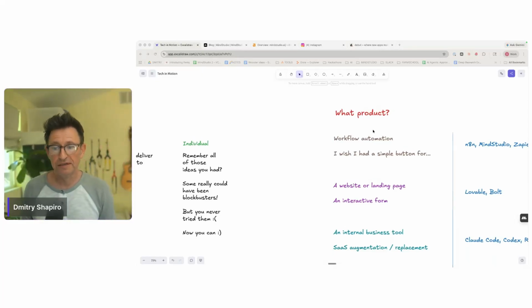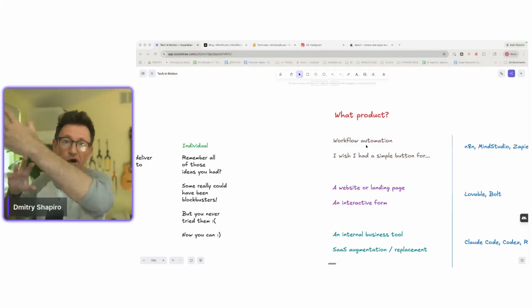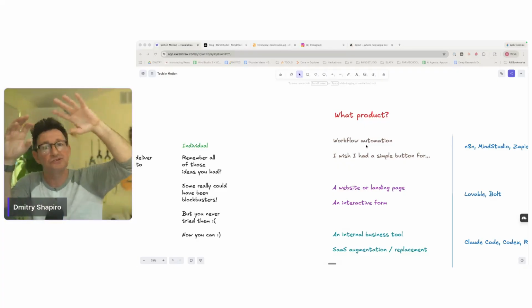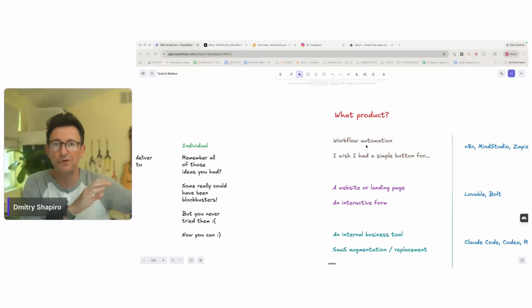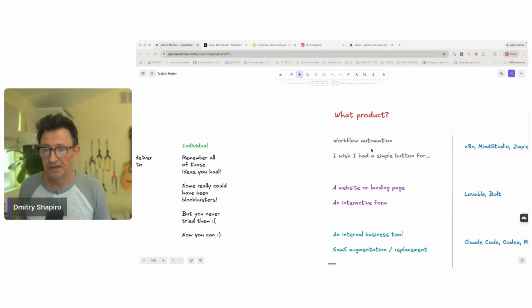One category is workflow automation, right? We all, as knowledge workers, show up in the morning, we have our cup of coffee, and we log into some system, and we get some data, and then we've got to do some research in some other system, and then we've got to take this data and synthesize it and transform it and put it into some other system. And then we collaborate with others to do that. I propose that is knowledge work, whether you're working in a law firm or any other type of knowledge company. And with these modern tools now, you can automate a huge portion of this type of manual knowledge labor,